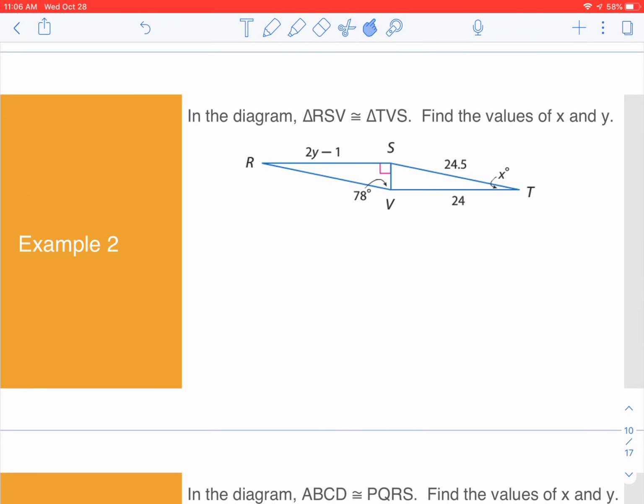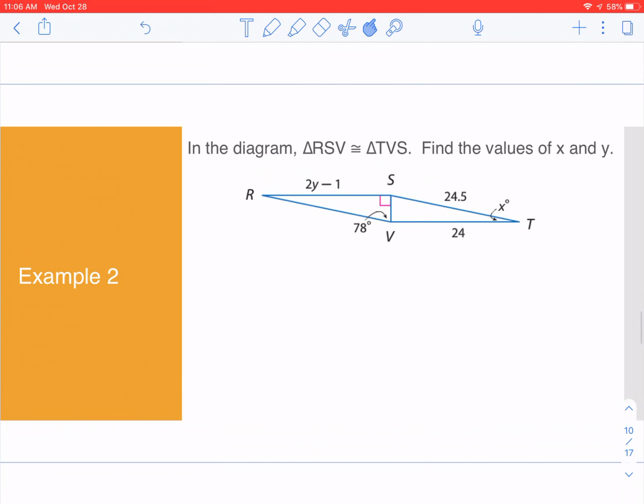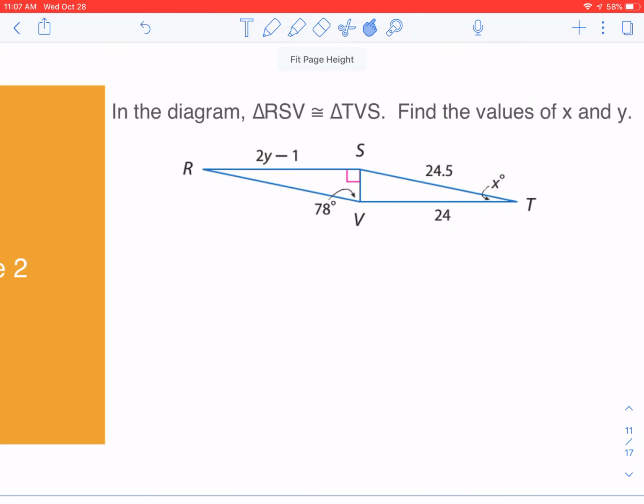Okay, now we have a little more challenging. Find the values of X and Y. Okay, so we have RSV is congruent to TVS. So what I like to do is I like to write them above each other. Okay, so let's look at, first of all,